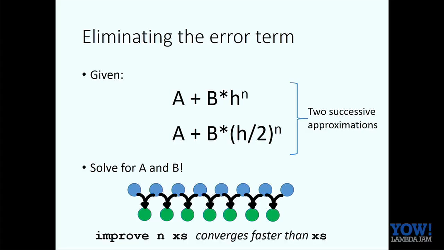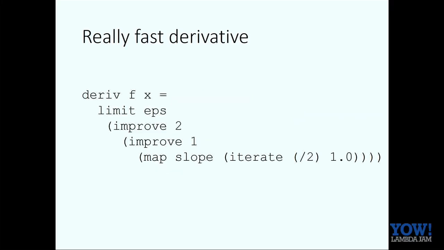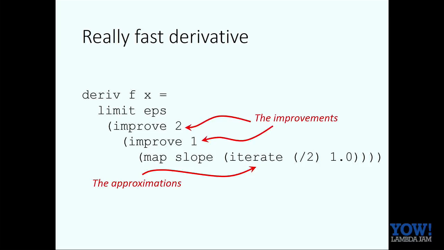And once I've got a function that does it, I can use it more than once. Look, here's a really fast derivative. We start off by just constructing my original approximations as before. And there's a first order error term. Let's get rid of that. A second order error term. We'll get rid of that too. And then take the limit. If I want an even faster one, I could just improve the sequence again. When I was a student, I studied by hard work doing manipulations by hand to figure out these kind of faster algorithms. And actually, all you have to do is call a function.